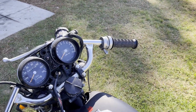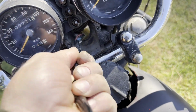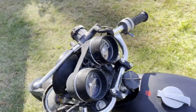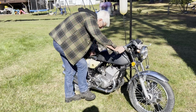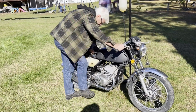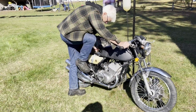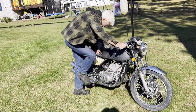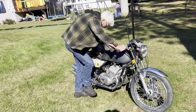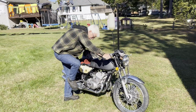Okay, we are getting ready now to start the bike today, so we're just replacing the ignition switch, and that's out. And we do have a brand new one to go in. Okay, break time. We think it's actually a little flooded, but